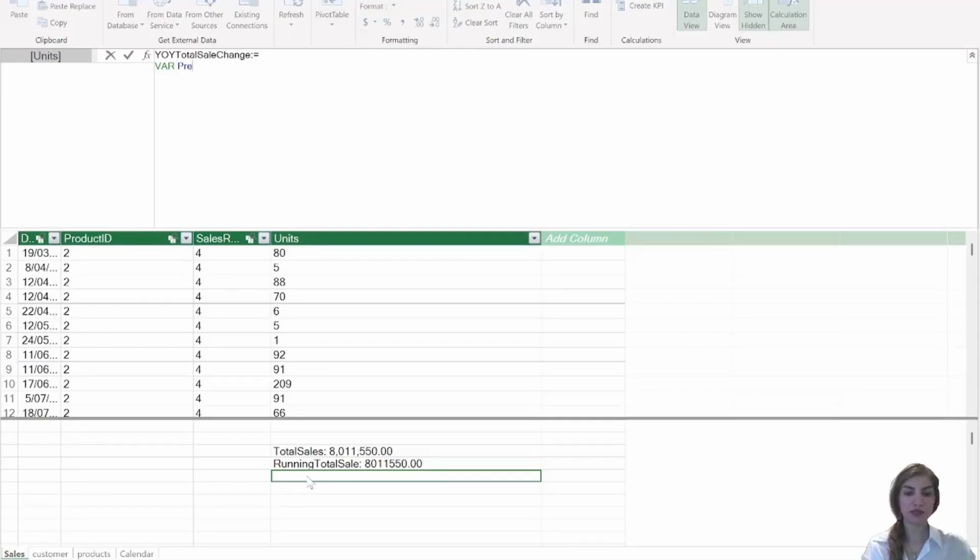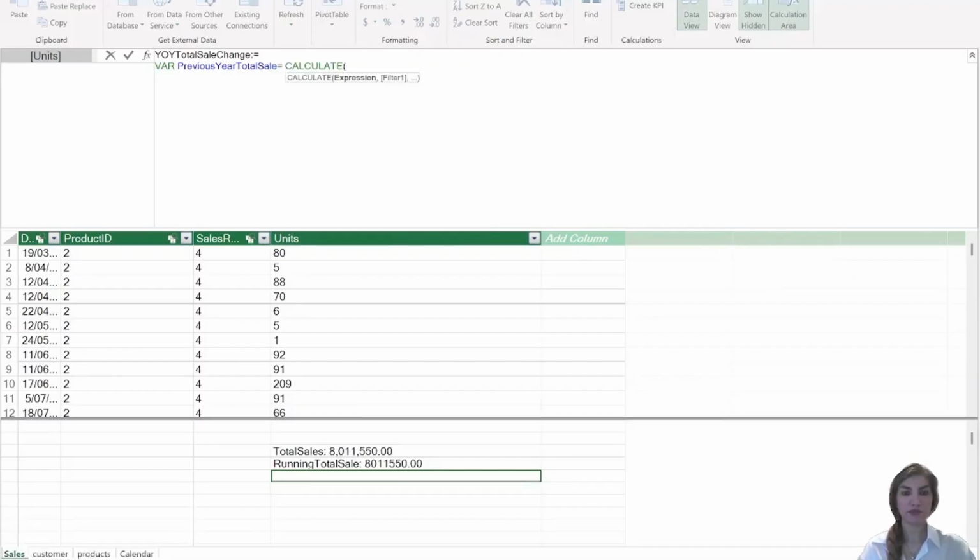I'm saying previous total sale is equal to